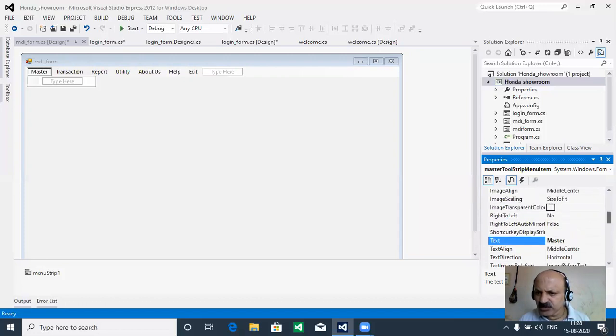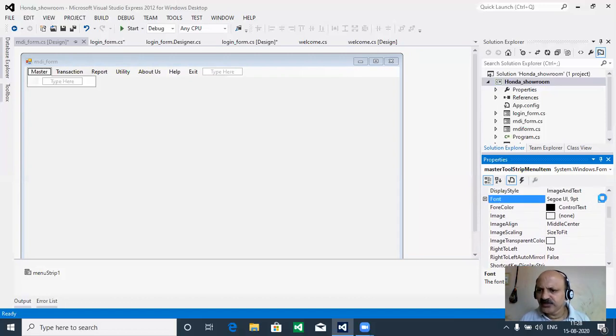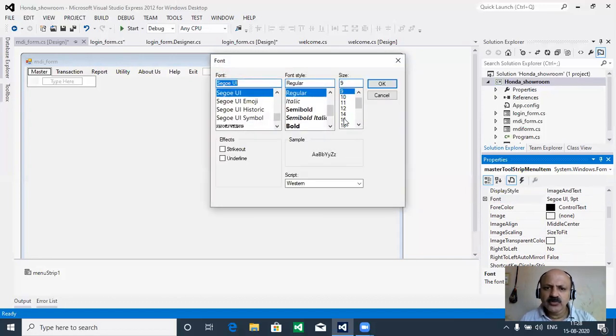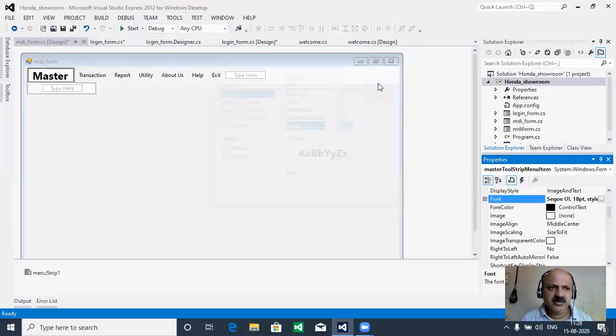That is just to give you all an idea. And the font size we have to change here. There is a very small font size; by default 9 is there. So here we can also take bold if possible. If you use regular, there is no problem, but in the main menu you can provide bold, so that it looks better. And let us check that. Okay, so that is a master.